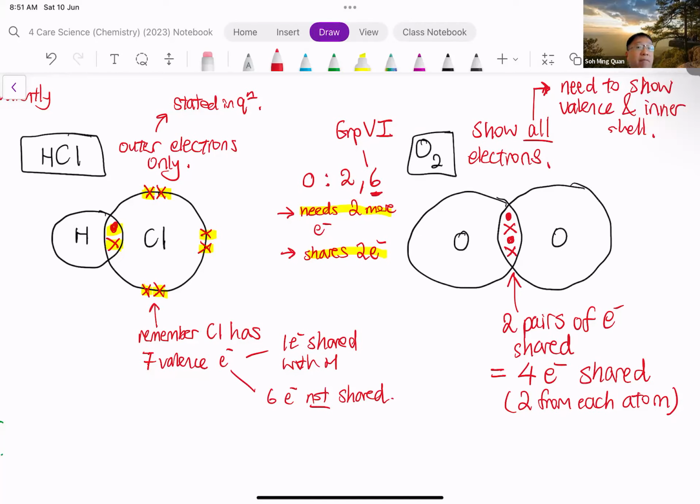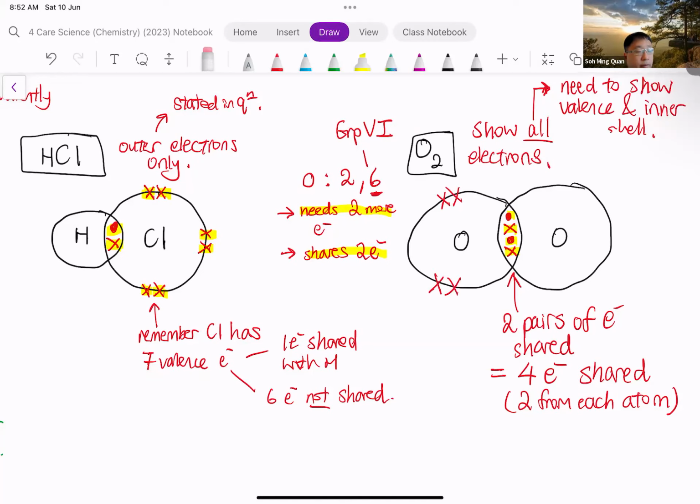Next, we need to bear in mind the whole purpose is to achieve a fully filled outer electron shell. Oxygen is 2, 6, right? The second shell is the outer shell. I have already drawn 1, 2, 3, 4. 4 electrons shared, meaning I need to draw 4 more outside in order to make it a fully filled outer